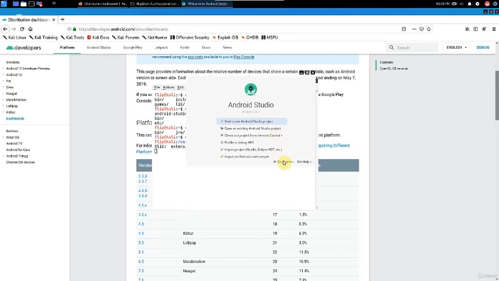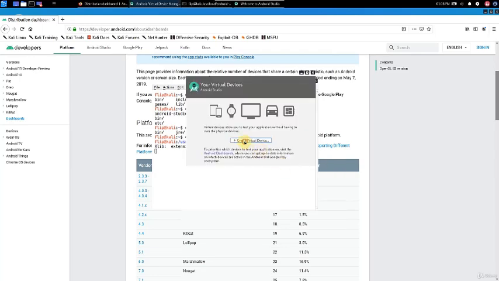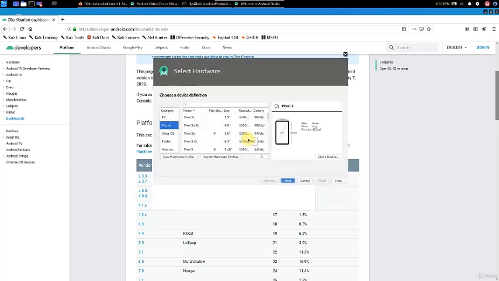So now we're going to configure the AVD, which is the Android Virtual Device. So to do this, we're going to click on Configure and run AVD Manager. Okay, from AVD Manager, we're going to create a new virtual device. First, we're going to select the template or the hardware profile.